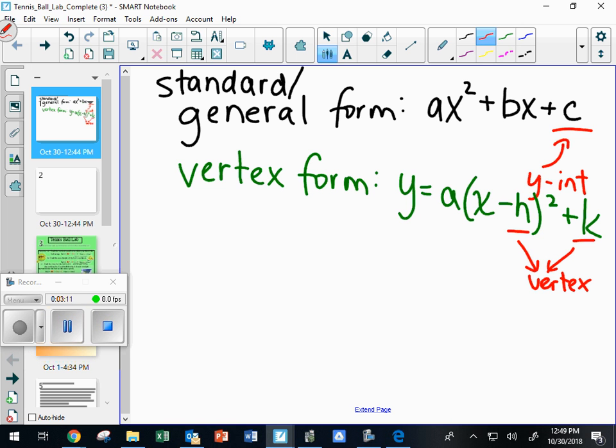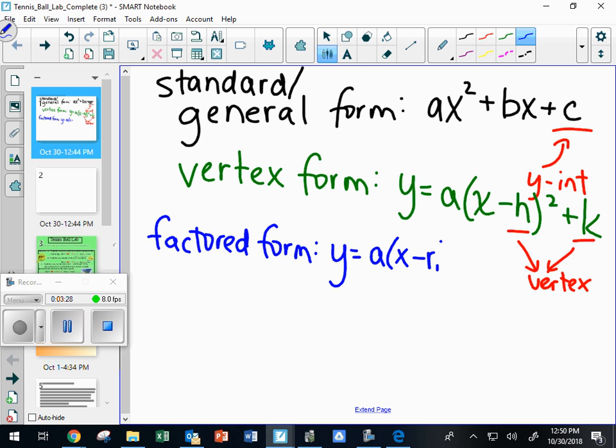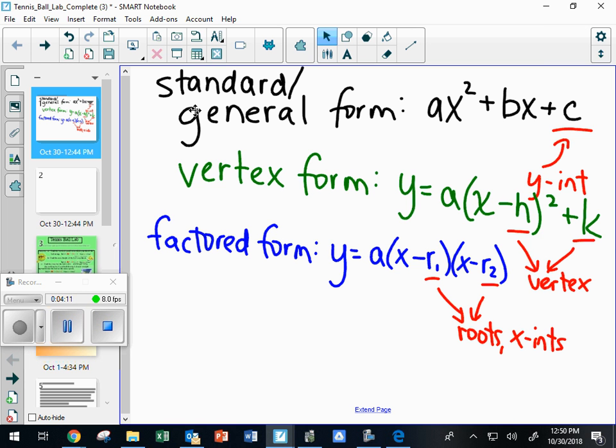Our final form. Who thinks they can remember the final one? Yes. The factored form. So, if we have this factored form here, our factored form tells us there's an x minus r1 and an x minus r2. I'll give you a hint. It's the r1 and the r2 that we usually replace. But what does the r1 and the r2 stand for? We are factored form. What does that r1 and r2 stand for? Do you think you know? Roots. Exactly. So here are r1 and an r2. These are our roots. Or another way to say roots is just our x-intercepts, right? All right. These are the 3 forms that we're going to be using for quadratic equations for this first part